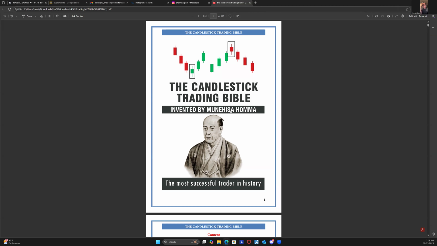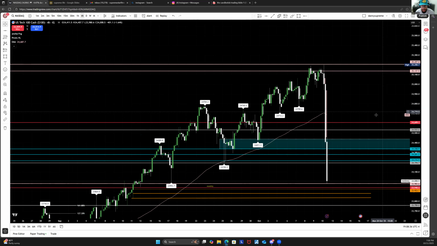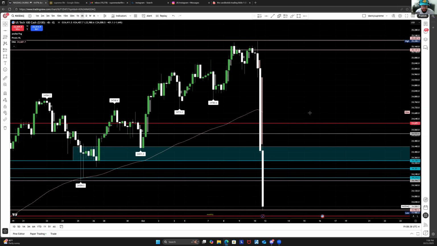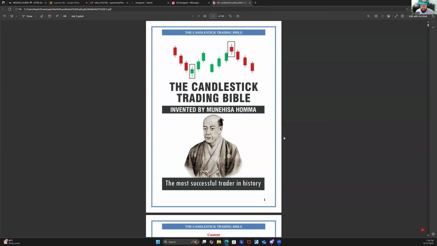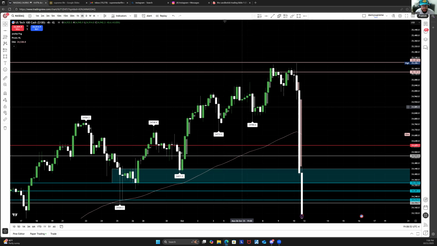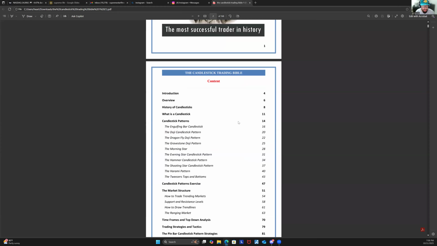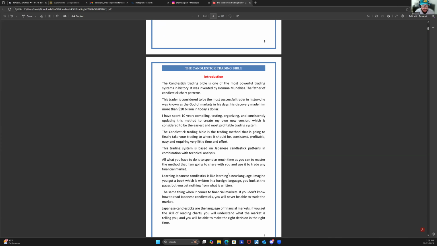So this Candlestick Bible is basically meant to make this easier for you to understand. As you're looking at this right now, it looks like scribbles. But in a few weeks, it's not going to look like scribbles no more. Why? Because this is just a start. The Candlestick Bible is basically meant to give you an understanding of what this means. As you go through here, it just basically starts explaining to you what candles mean.